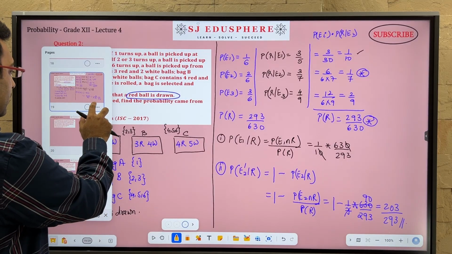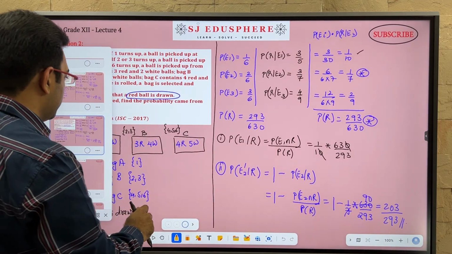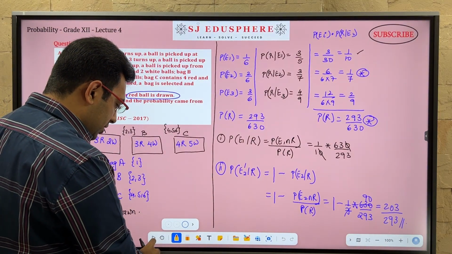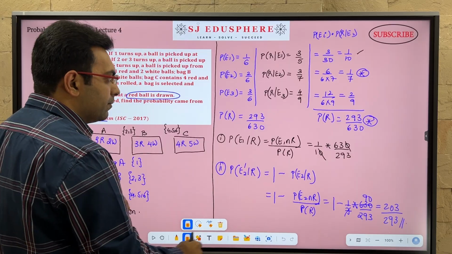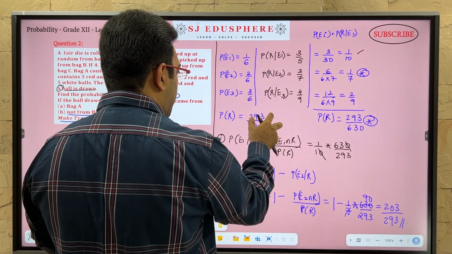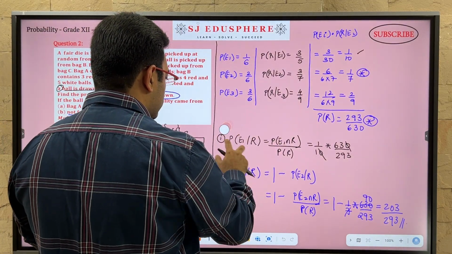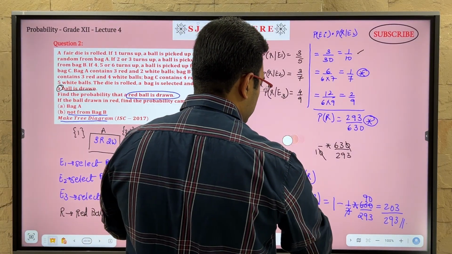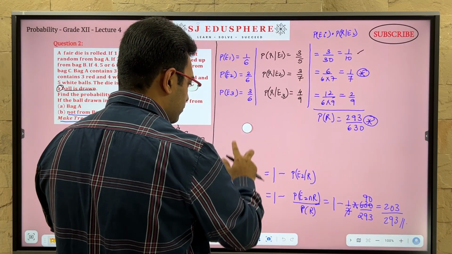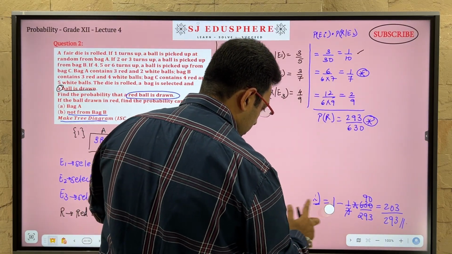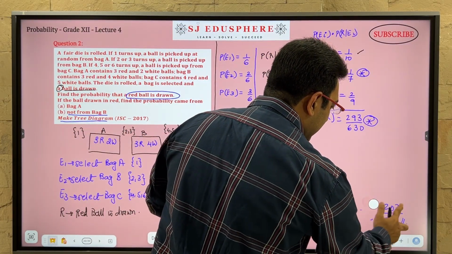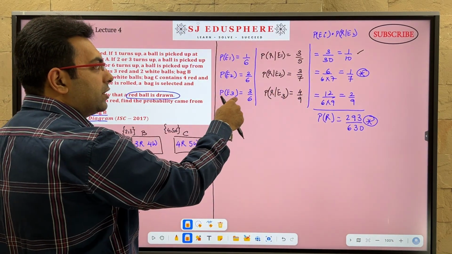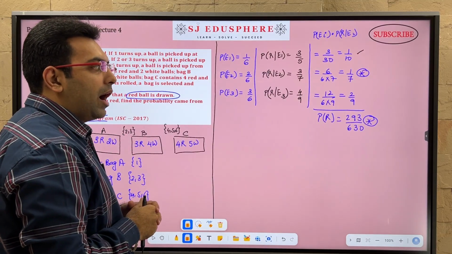So I am saying over here, if I remove all other information which I've got in my sum, I am only considering the values which I have for E1, E2, E3 with R given E1, R given E2